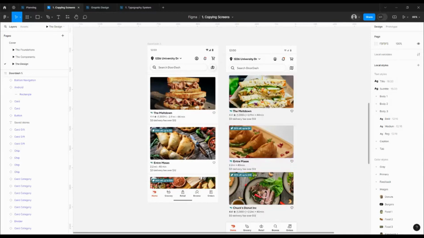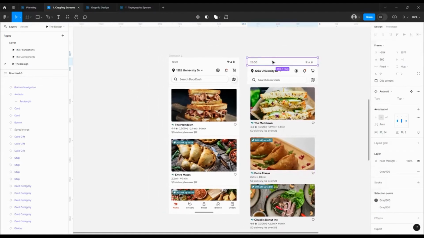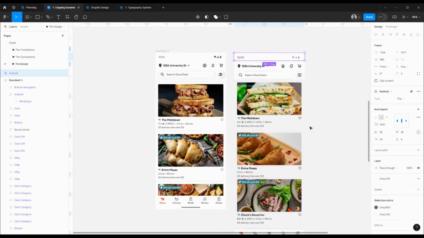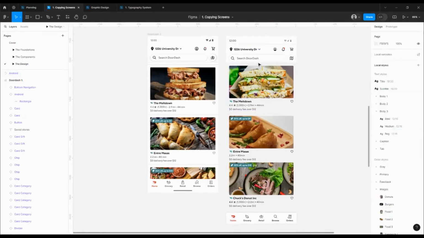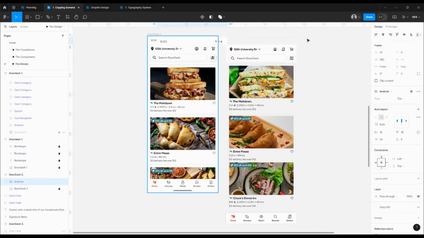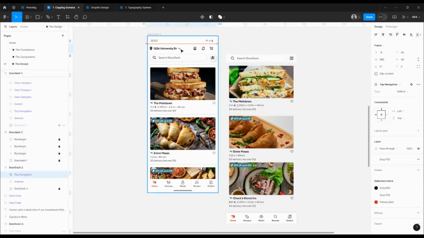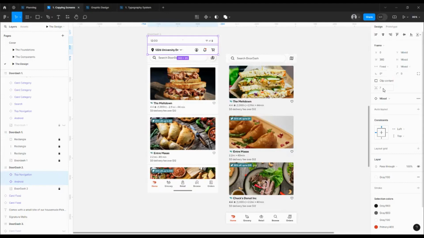Remaining two screens, we are going to... these are simple, so I'll compile both of them into one video. I have brought all the ingredients I need for making these screens, and that means the components that we have been making. So I'm just gonna drag and drop them. 1, 2, there is no spacing,